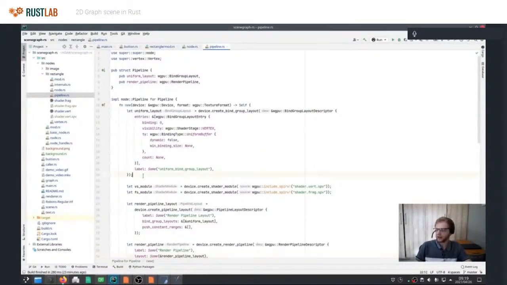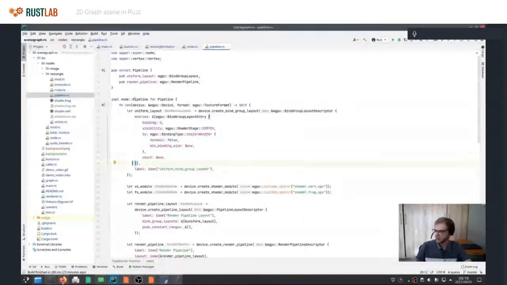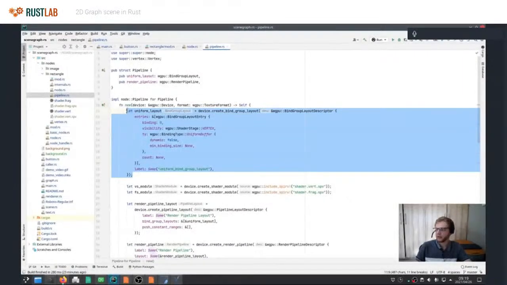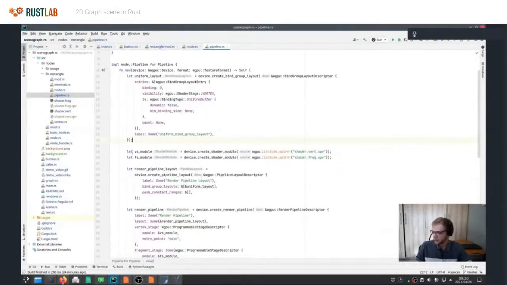It lays out all the GPU primitives required to render the node. So here you'll see a uniform layout. This describes to the pipeline how the uniforms look for this button. And then there are a lot of properties I won't go into. These are mainly just defaults, and most of them don't have anything fancy.